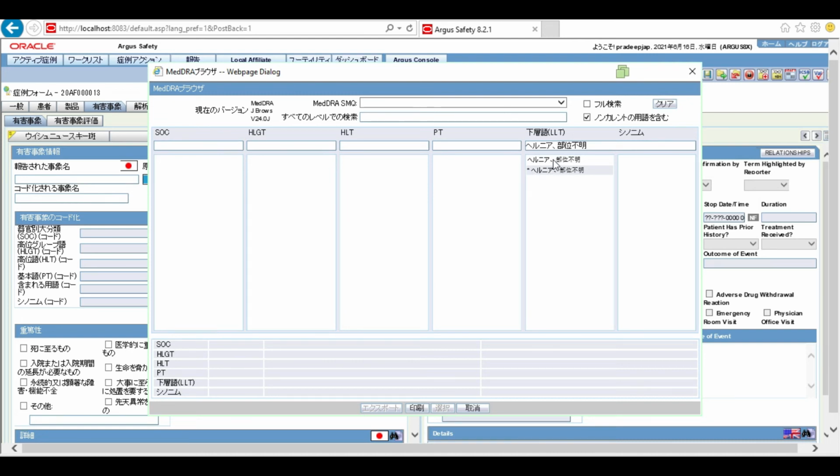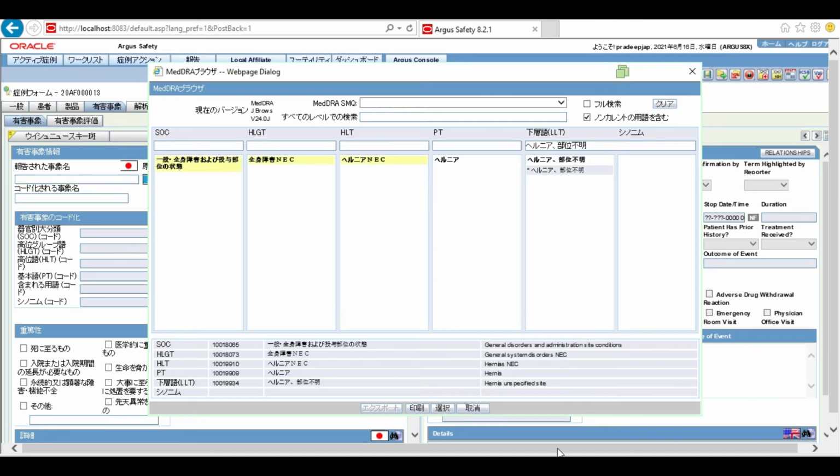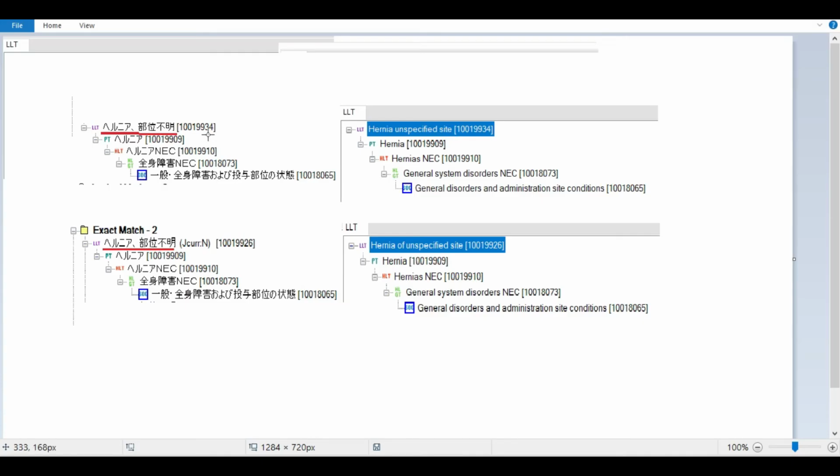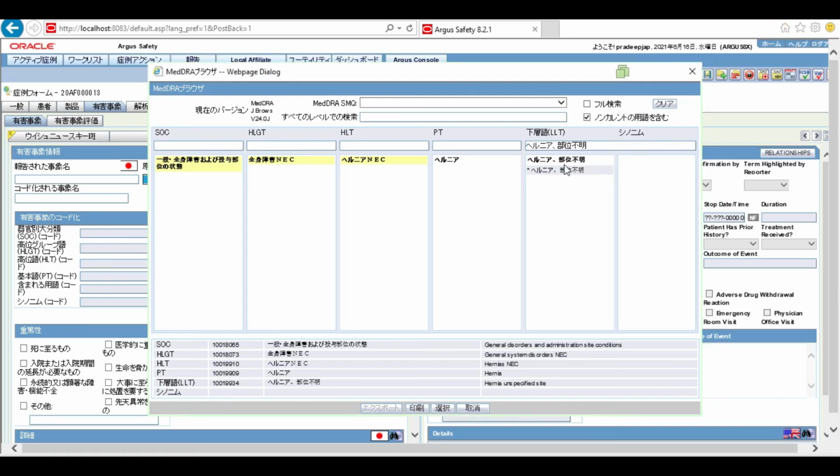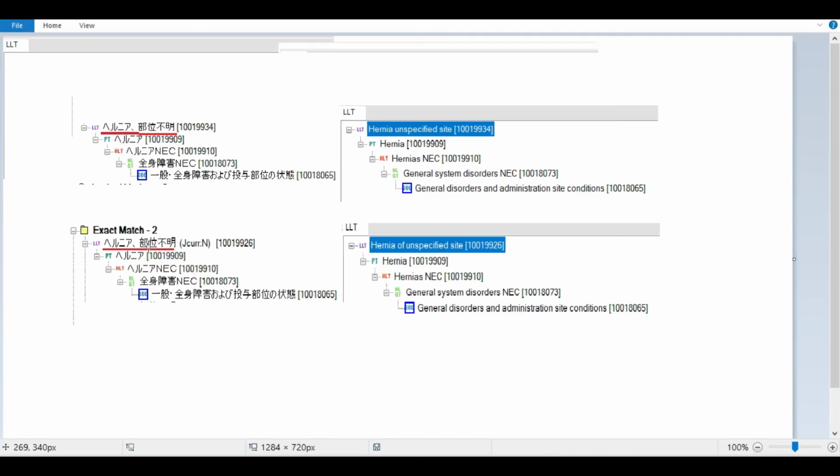Now let's check the first one, the one which is current. It has the number 34 at the end. Now let's check the non-current one. This one has got the number 26 at the end. The non-current term has got 26 at the end.